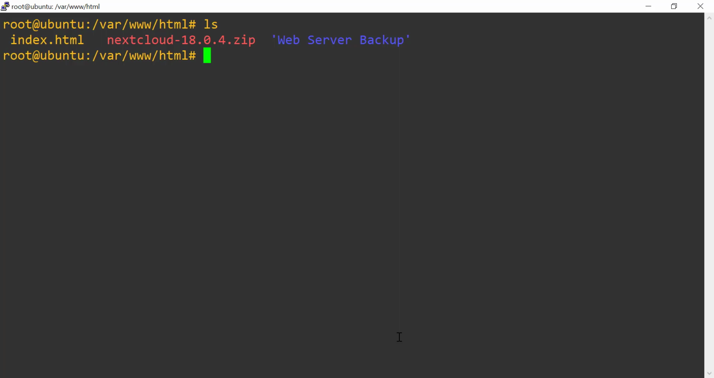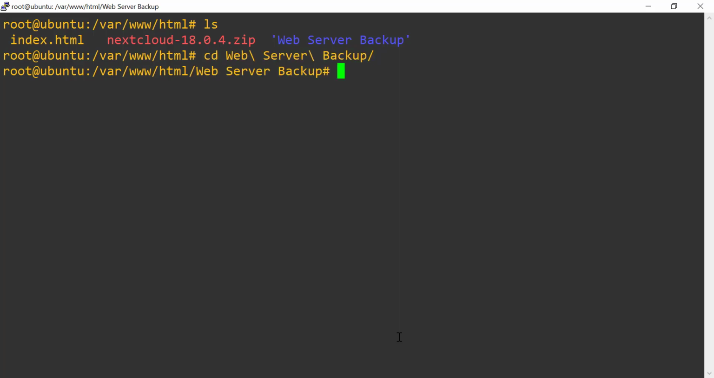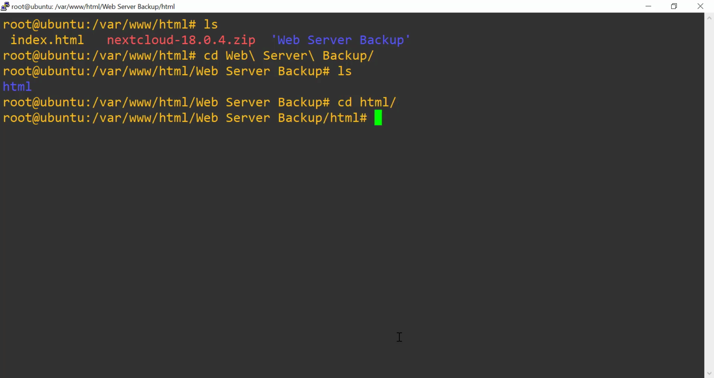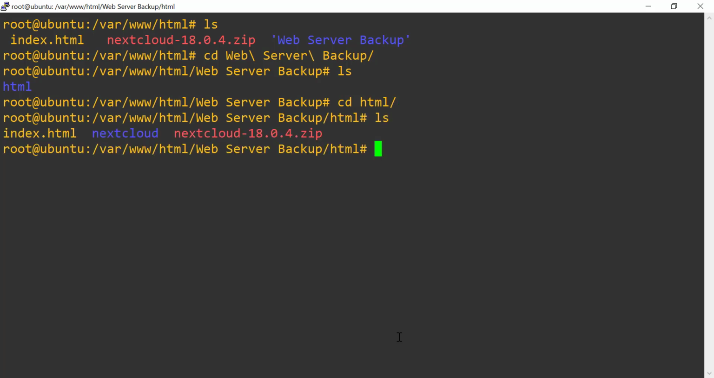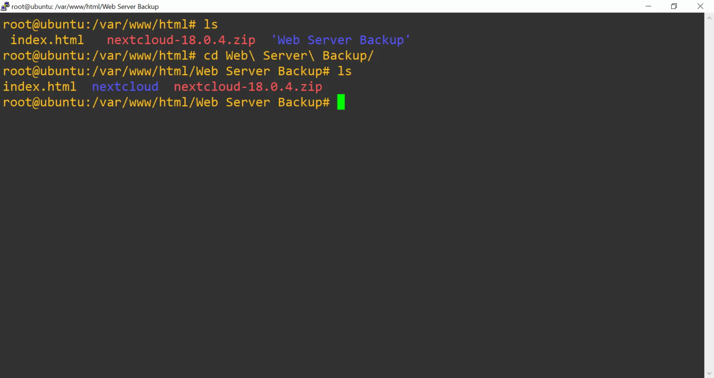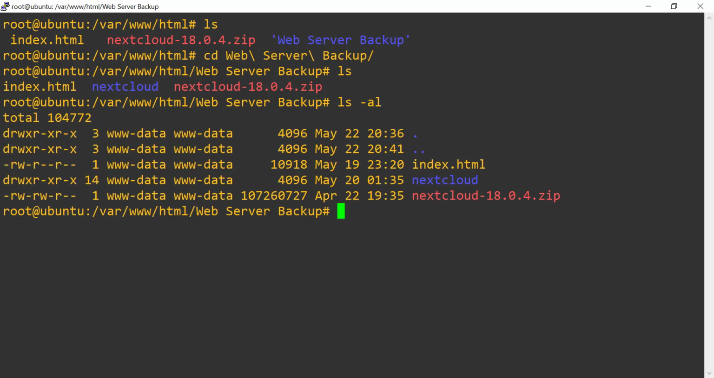So let's cd to the web server backup directory, list the file, cd to the HTML, list the files. Okay, here we see we have actually copied the whole HTML directory. Okay, let's long list the contents. Here we can see that the